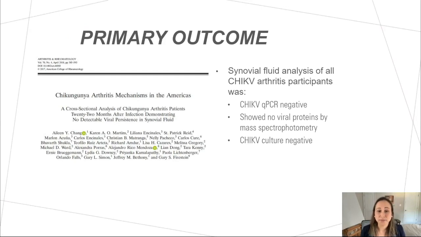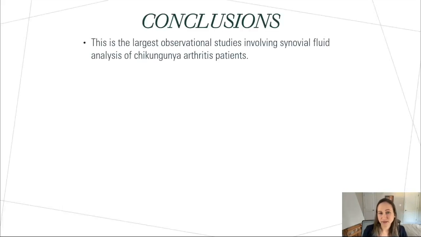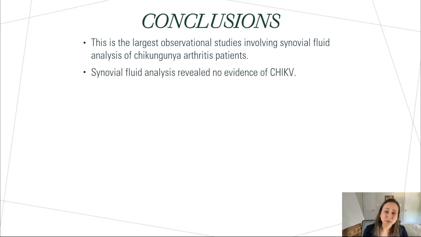Our primary outcome was the analysis of the synovial fluid, and in the synovial fluid, we did not find evidence of chikungunya RNA and it was PCR negative. We did not see any evidence of viral proteins by mass spectrophotometry, and the chikungunya culture was also negative. This was the largest observational study to follow synovial fluid to date, and the synovial fluid analysis revealed no evidence